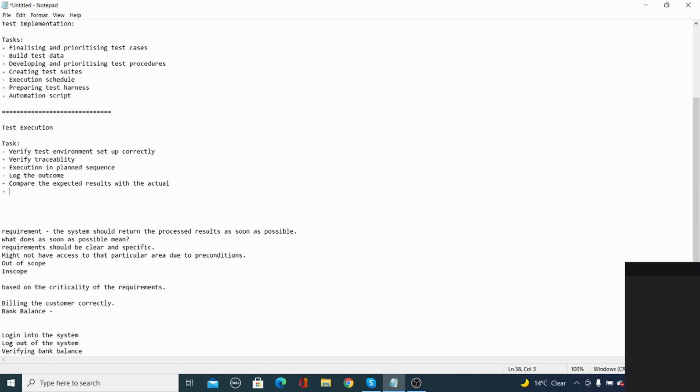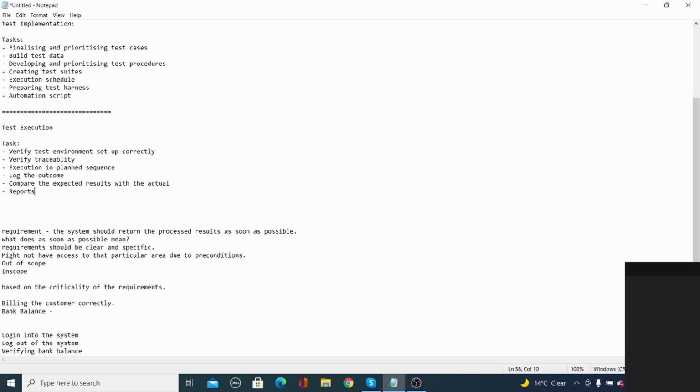Another example I am giving you. Your bank balance is £1,000. Now you have deposited £500. So your bank balance should be £1,500. This is the simplest example. Expected result is £1,500, but then it comes only £1,400. You might lose £100 somewhere. So this should not be done. That's why in the test cases we have to have expected results. The expected result comes from the requirements specification. This is how you can identify whether the test case passes or fails.